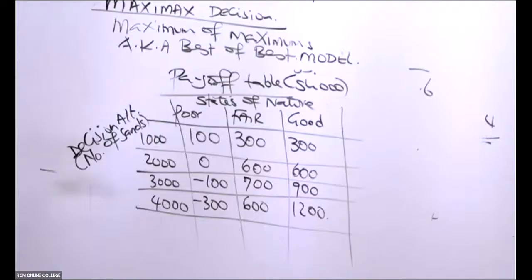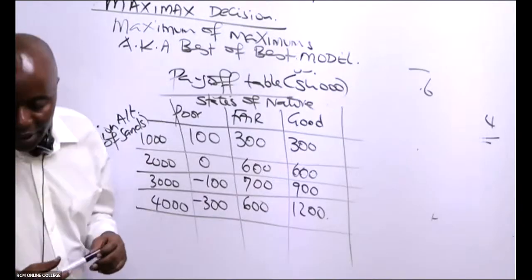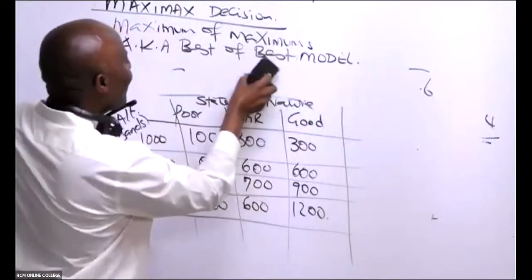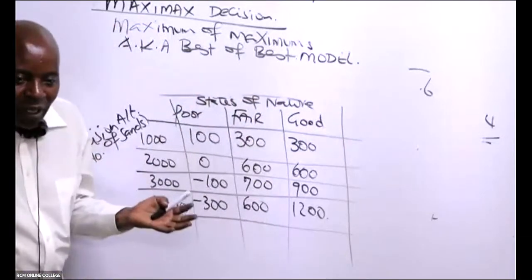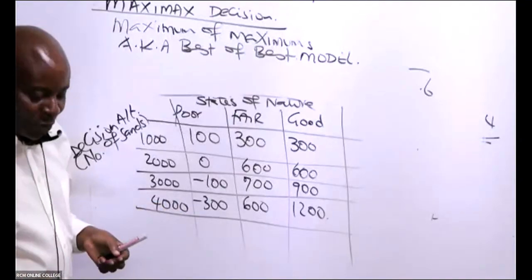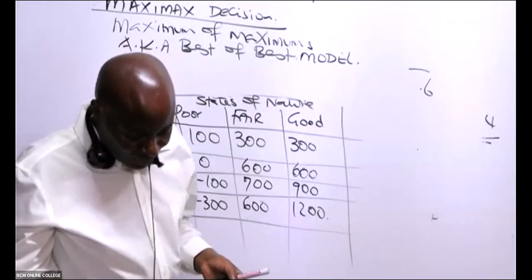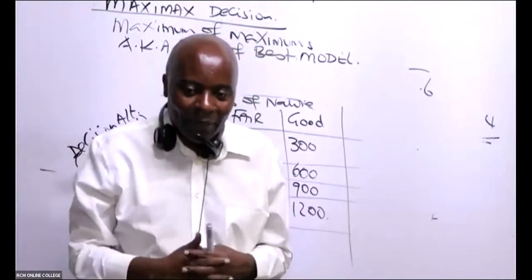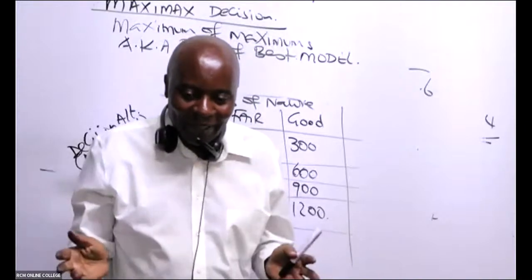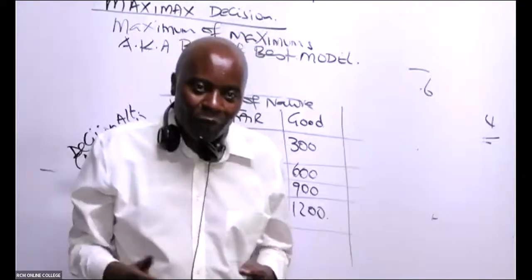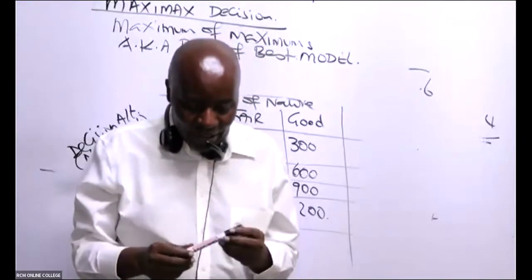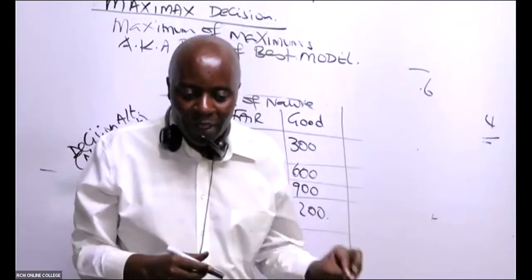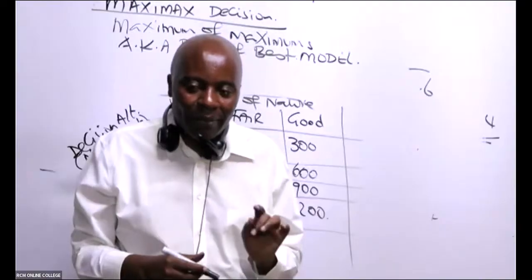It is used to advise risk takers. Because the examiner, like now, this was a very lenient examiner. Any examiner who gives you the model to use is so lenient, he loves you. Most tough examiners will simply tell you that the investor in question is a risk taker. So it's you to know that risk-taking investors, we advise them using maxi.